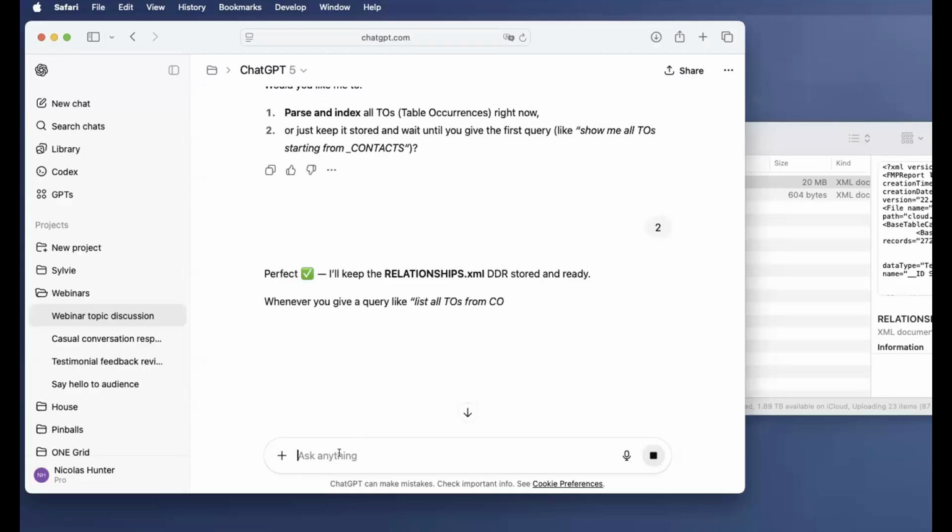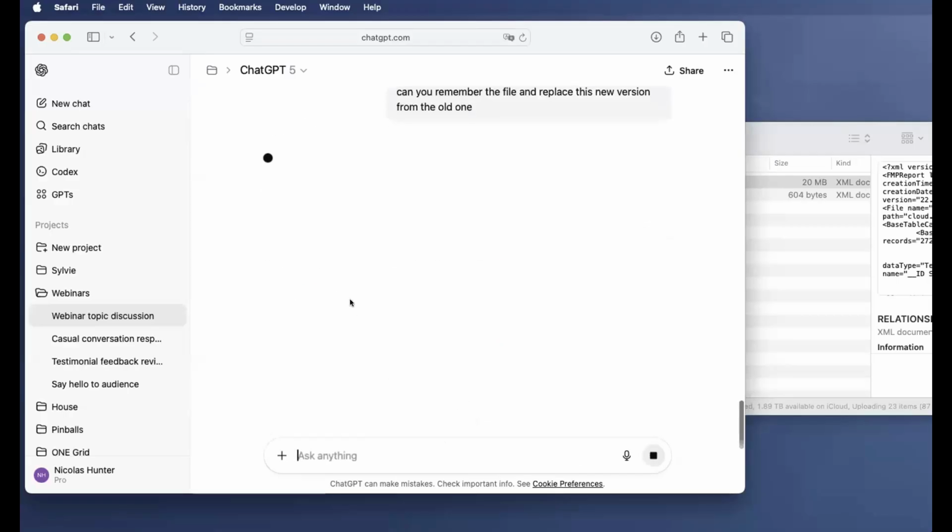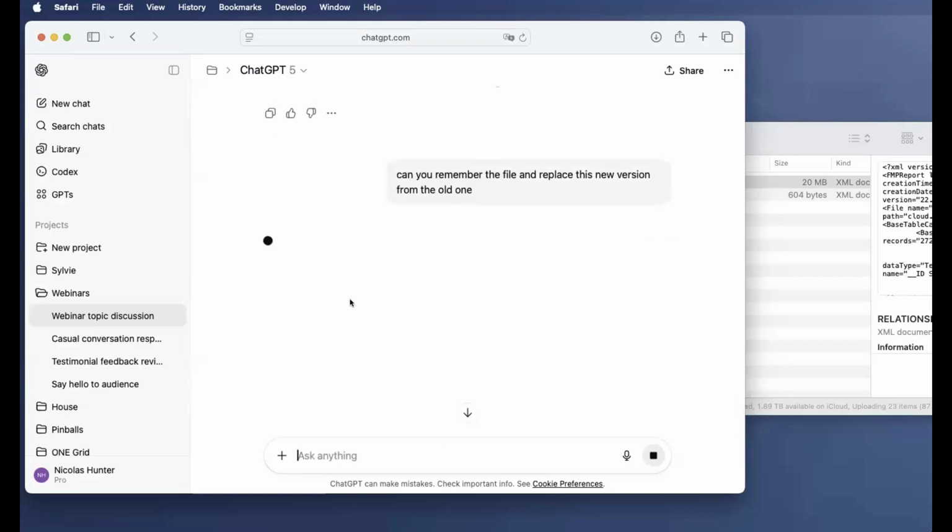Okay. And so can you remember the file, and replace this new version from the old one? So now it's going to remember that file.